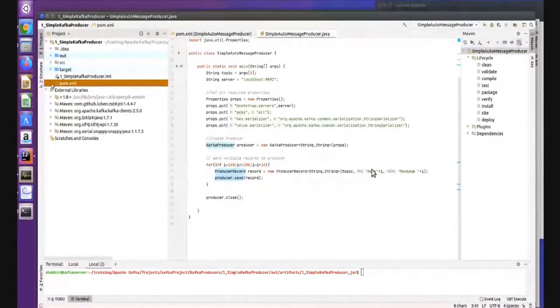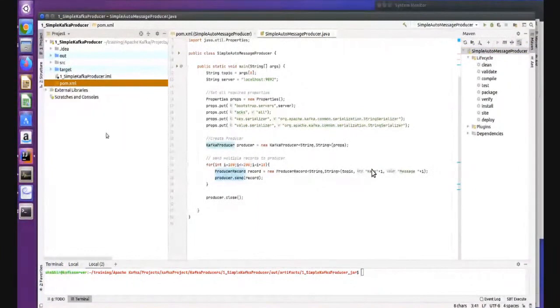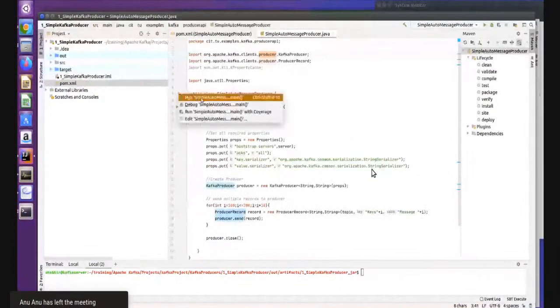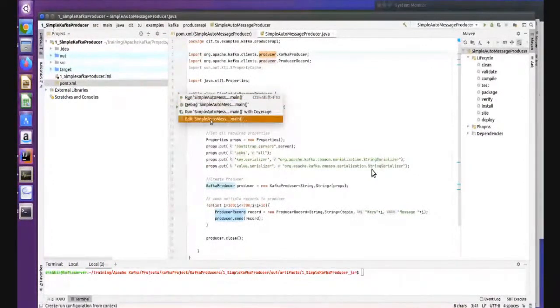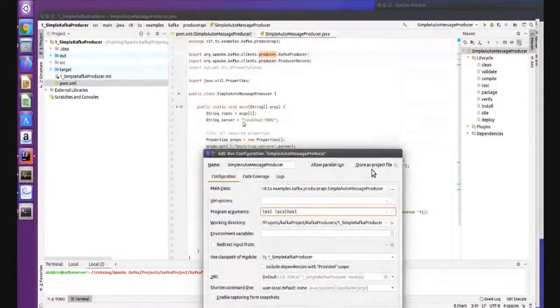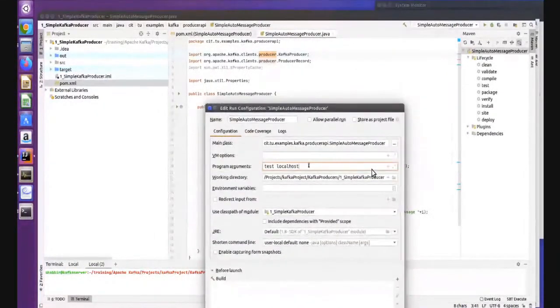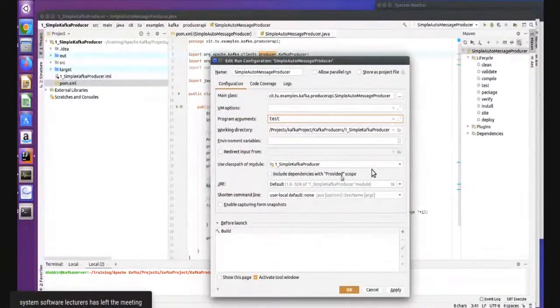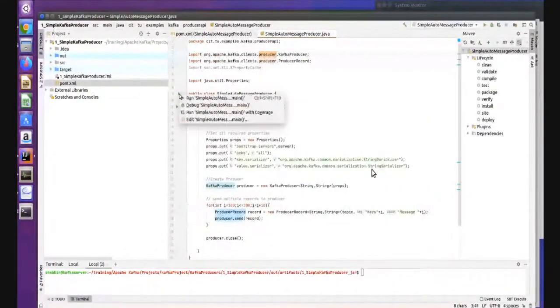When you are done with that, we know how to create the jar file, right? But you can run this producer directly without even creating a jar. So first edit here, and we will write that it should read data from the test topic. Where is your broker? Because I have already mentioned the broker, there is no need to pass it again. So I will pass only the topic name, and run this.